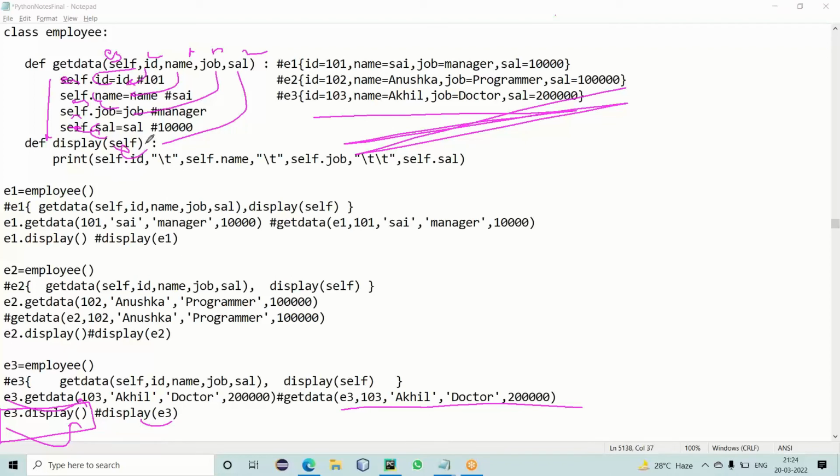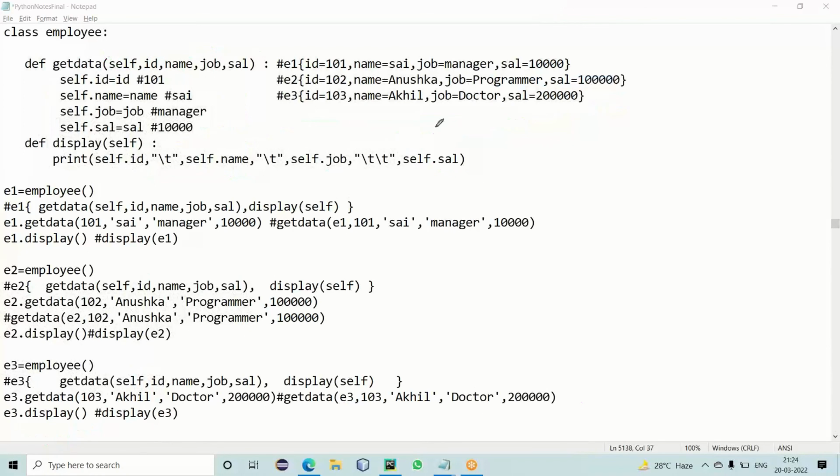So in self, what is there? e3 is there. So in e3, what is ID? 103. In e3, what is name? Akhil. In e3, what is job? Doctor. In e3, what is sal? 2 lakh. So like this, what you had done, you had initialized or you had stored the data of 3